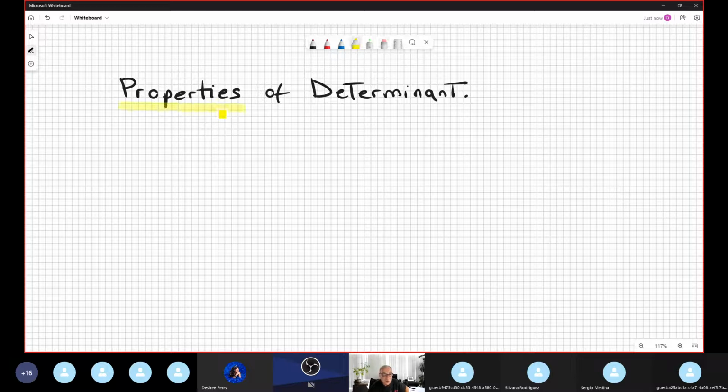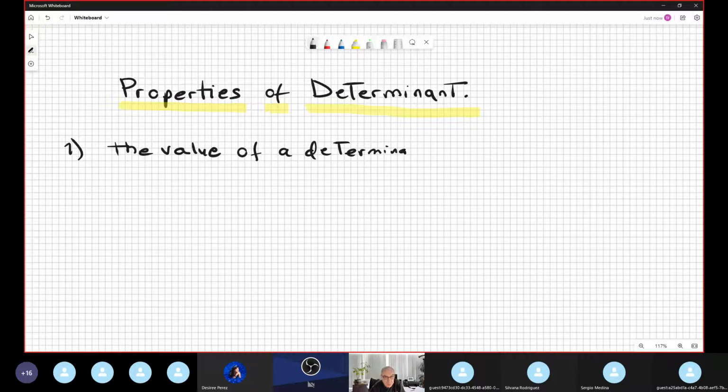And the first property says, this is important, guys, the value of a determinant changes sign